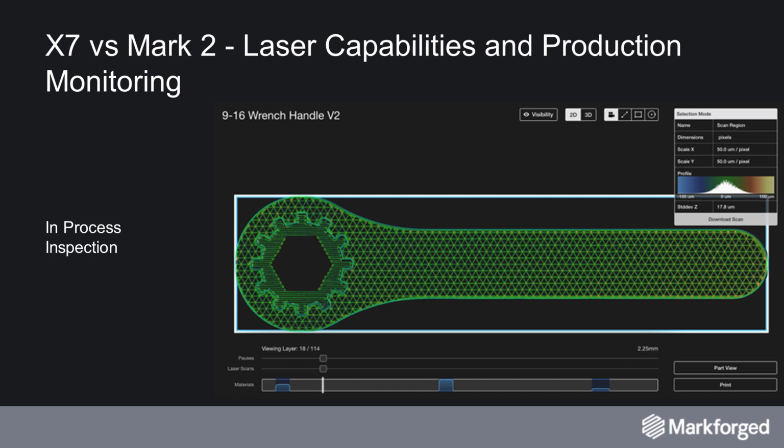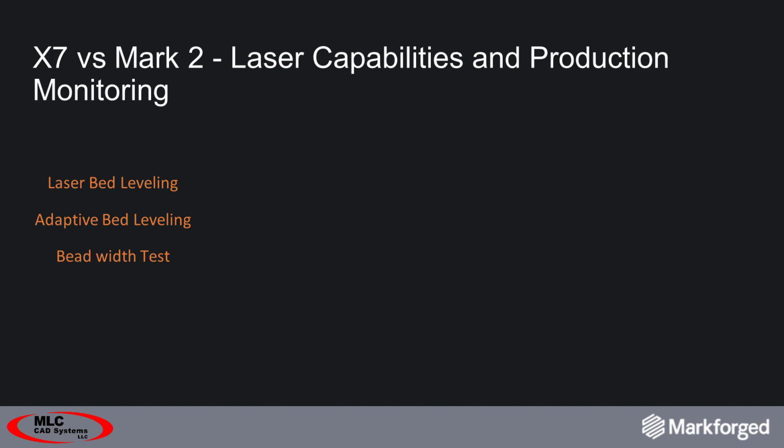Furthermore, the in-process inspection laser can also be used to measure distances and dimensions, which would be difficult to reach with CMM or traditional measurement methods. Think like internal cavities or parts with complex geometry. You won't get this with the desktop composite platform, only on the industrial composite platform. So again, another required capability to think about is dimensional tolerance, accuracy, geometries, and what is the outcome that you're looking for. In summary, the X7 capabilities via laser bed leveling, adaptive bed leveling, and the bead width test that we walk through